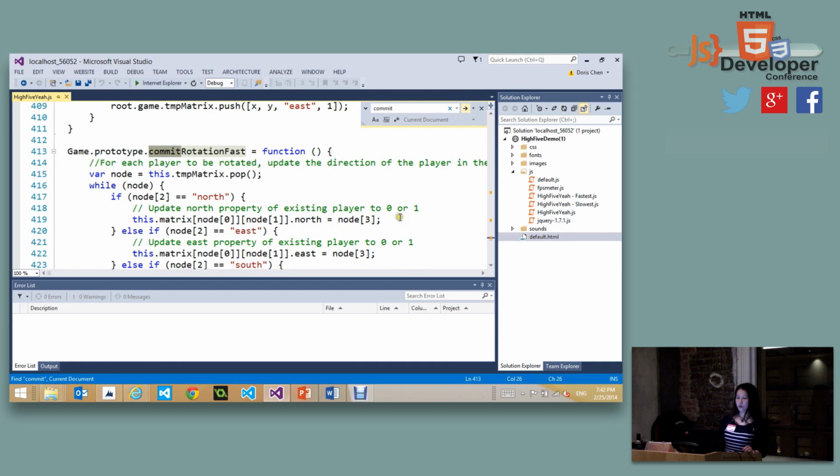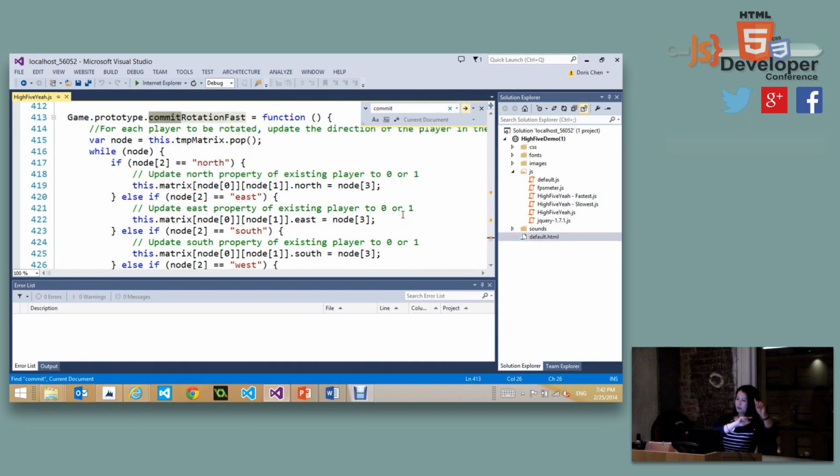Okay. When I create all the nodes, remember in the old way, I actually created a bunch of new nodes. But here, I don't have to do that because I already initialized all the nodes with the right direction. All I have to do is leverage the object pool, and reuse the same objects again, instead of creating all the new rotated object directions. Get it? So these are the two things I did for my previous method and new method.